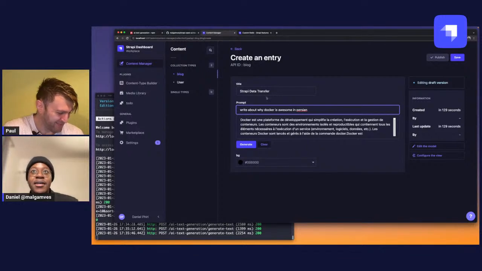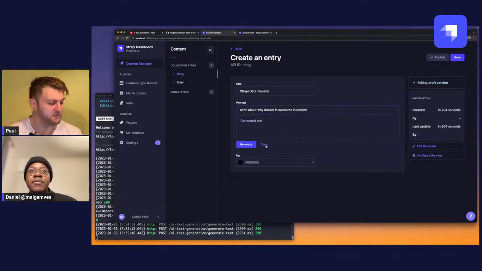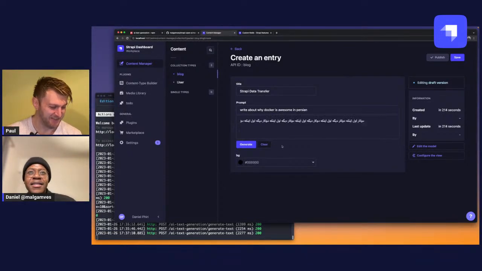Okay. Let's try this, but I just want to showcase something really little here. Also, we have a clear button, which basically clears everything and then we get a fresh slate. So fingers crossed. I don't know if this will work. Also because I think there's usually